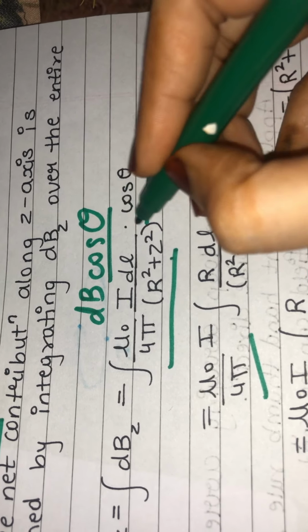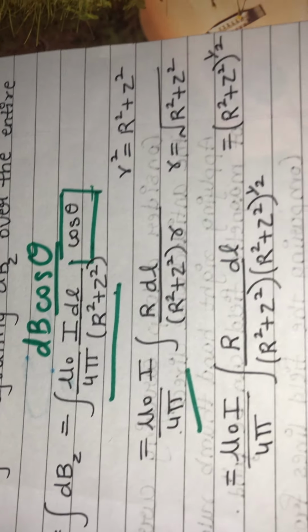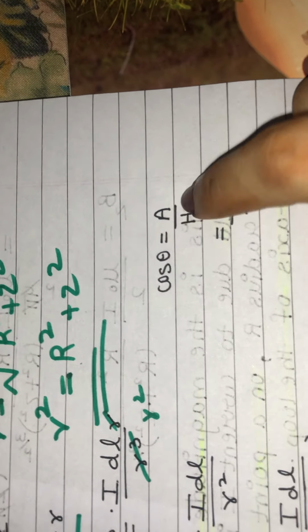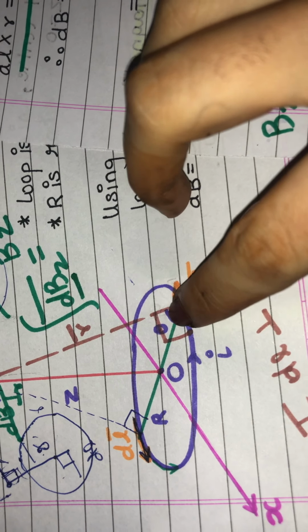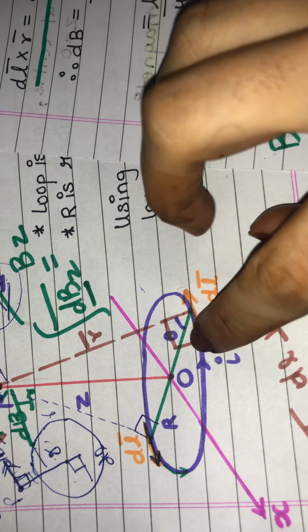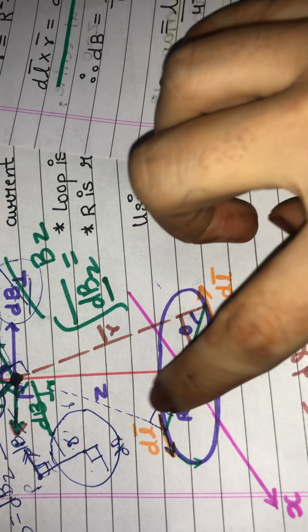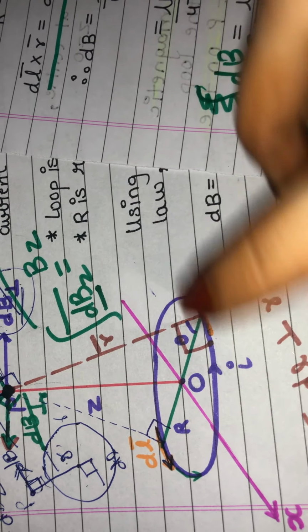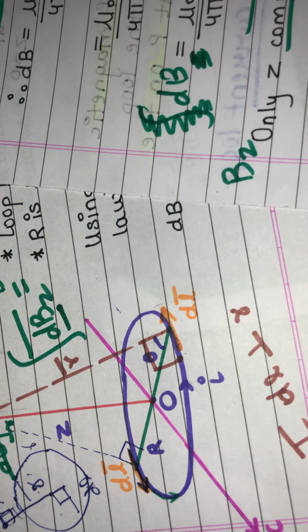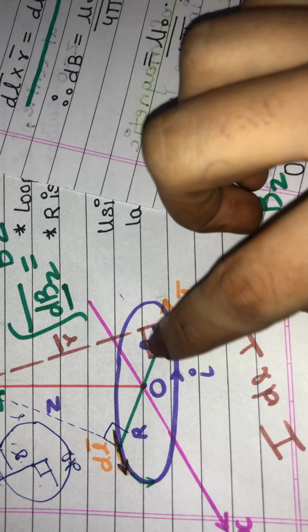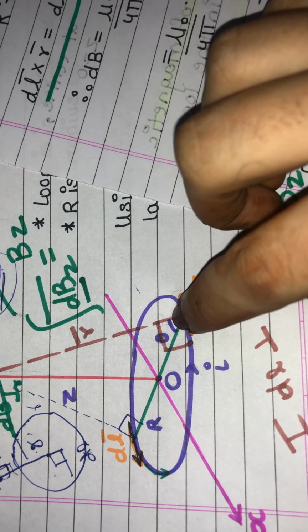Now one more thing is, what about this cos theta? If you see, cos theta is what? Cos theta is adjacent upon hypotenuse, right? So what is that adjacent? If you see theta over here, this is angle theta. What is that adjacent? This is what? Radius, capital R, and opposite में क्या है? Small z. Sorry, it is adjacent upon hypotenuse. So what is that adjacent to this theta? Capital R. And what will be hypotenuse?